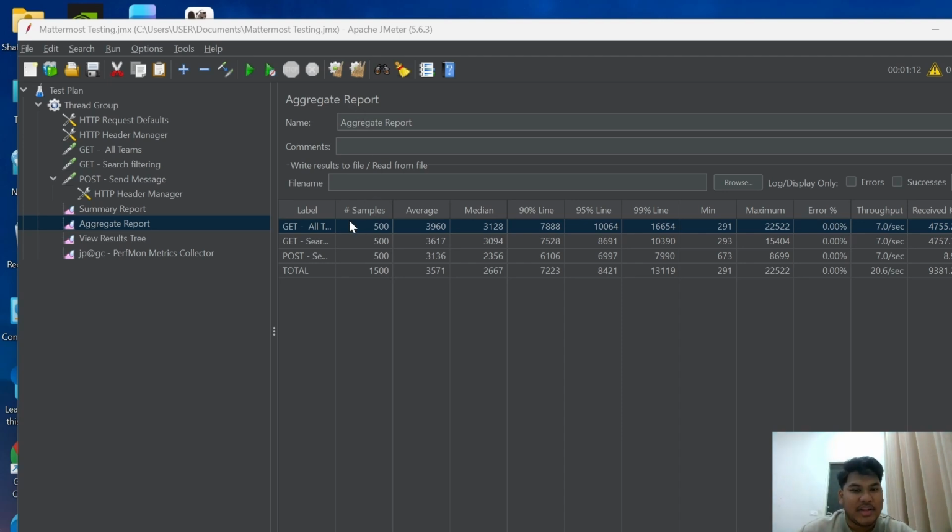For concurrent data delivery, get all themes recorded 500 samples with non-zero throughput of 7 requests per second. Average response time is 3,960 milliseconds. For heavy character search schemas filtering, get search filtering recorded 500 samples under intense parallel throughput with average response time of 3,617 milliseconds. For mass creation handling, post send message recorded 500 samples simulating parallel message creation with average response time